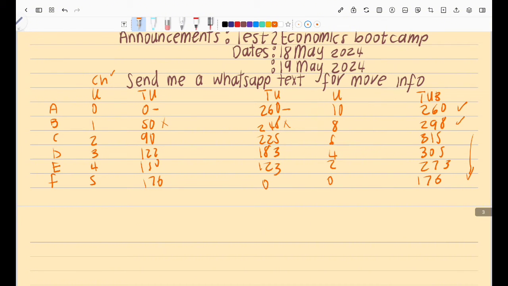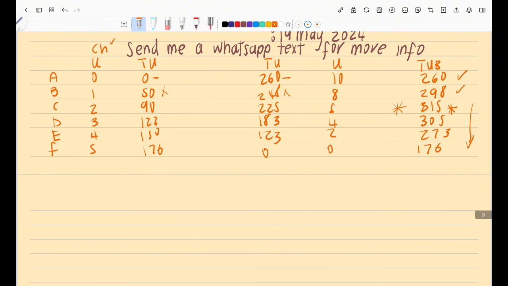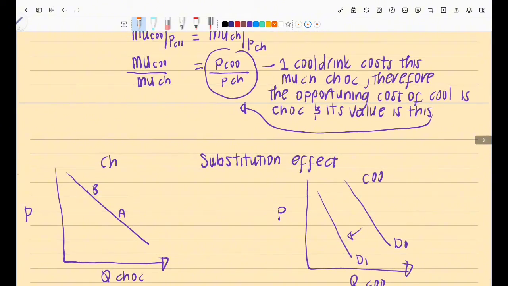And if you check on the total utility, the highest total utility for both is the point where you maximize your utility. So meaning you should consume 2 chocolates and 6 cold drinks. So the point where you maximize utility, the first way to calculate it is to do this table, and then you calculate the total utility for both goods, and then you find the one with the highest total utility, right, for both goods.